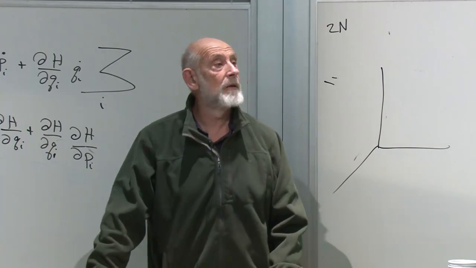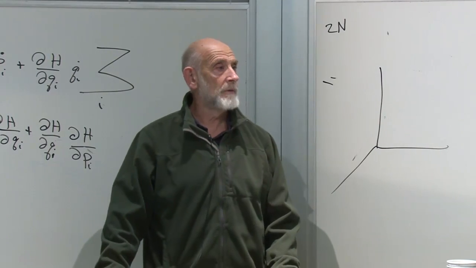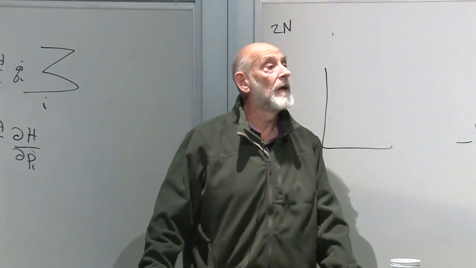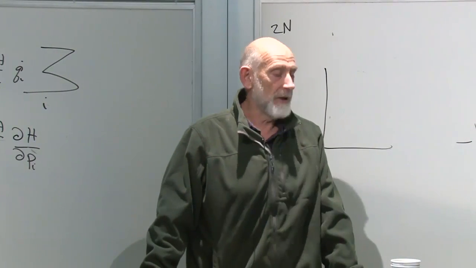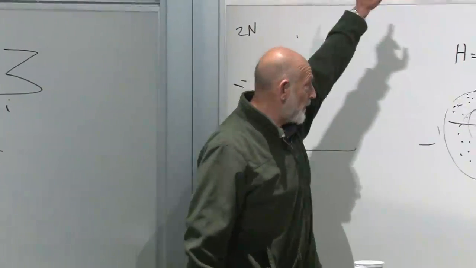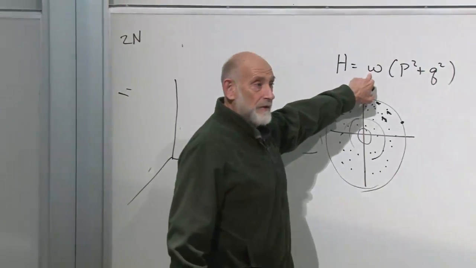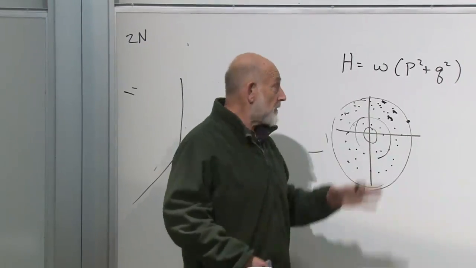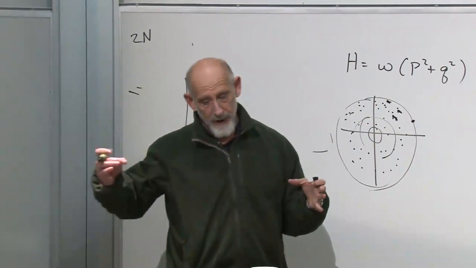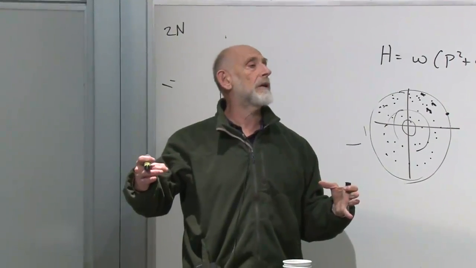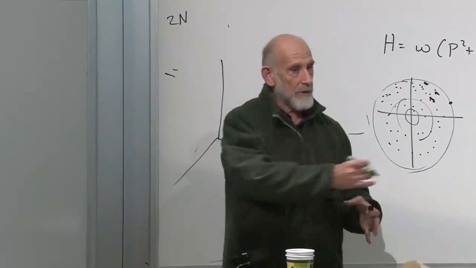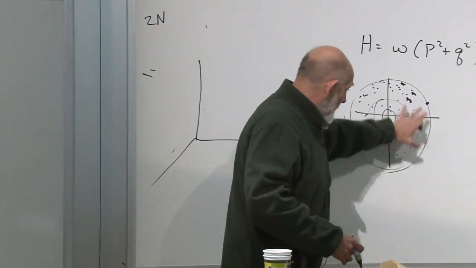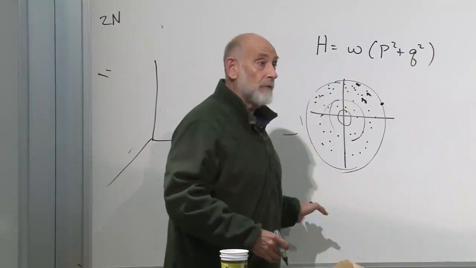You said it's a rigid thing, so you're implying that they all have the same period. In this case, they all have the same period. Yes, that's exactly right. And what is the period? It's determined by this frequency. Well, this is a harmonic oscillator. No matter how far you displace the coordinate, it oscillates back and forth with exactly the same frequency. So that translates into the statement that everything moves around rigidly.